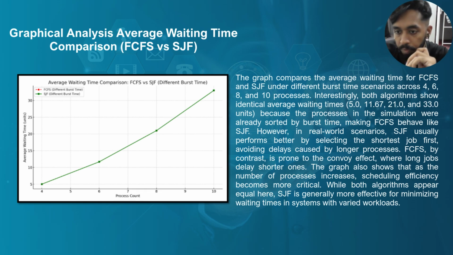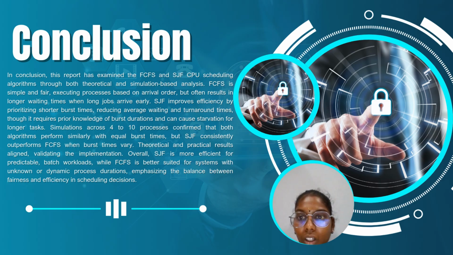The graph shown over here indicates that as the number of processes increases, scheduling efficiency becomes more critical, while equal burst times show that both algorithms are quite equal efficiency wise. When it comes to different workloads, that means different burst times, SJF is more effective at minimizing the waiting times for the processes. To conclude our presentation, we analyzed two CPU scheduling algorithms, FCFS and SJF, using both theoretical and